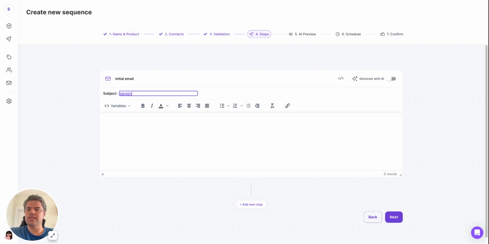So here we would just put, let's say for now, "personalized at scale." However, with a static subject line like this, we're still seeing open rates anywhere between 60 to 90%. So it doesn't matter as much as you would think based on the content that's out there. What really matters is your email deliverability and whether you can land in the primary inbox of the recipient. So one of the key components is ensuring that you send unique email at scale rather than sending static templated